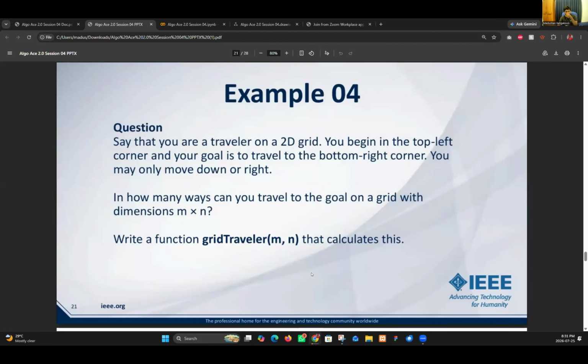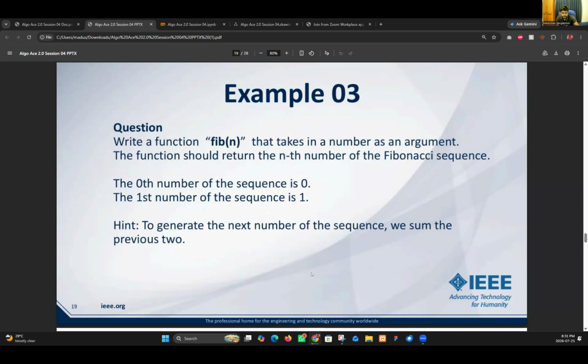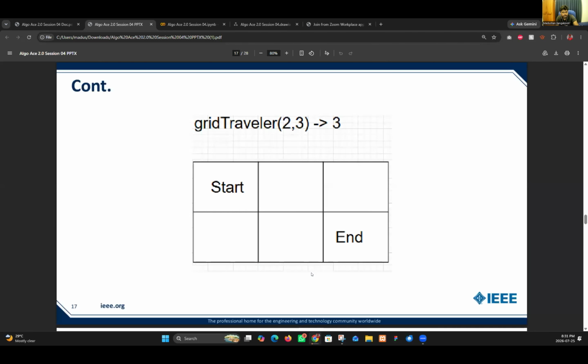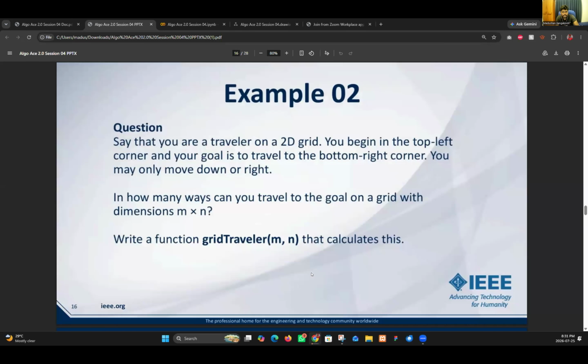This is similar to the second example. 2D grid.